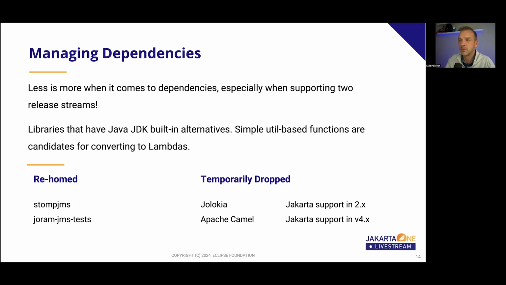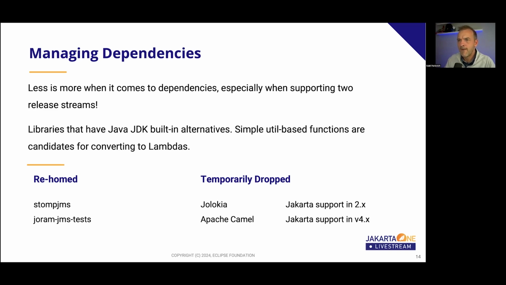went stale. So instead of trying to get those ramped back up, we took the approach of just rehoming them back into the ActiveMQ main tree. Both of these were really just used as test dependencies anyway, so it wasn't a huge deal or a blocker. None of this would have impact on downstream application users. Most people would never know this happened.